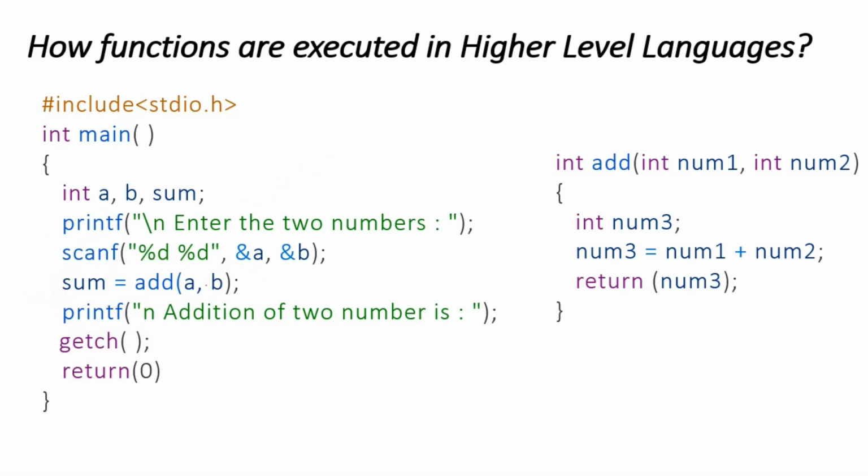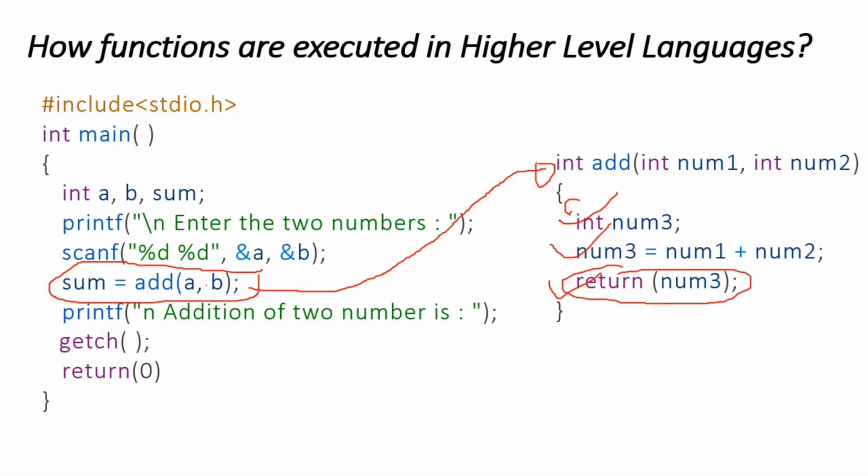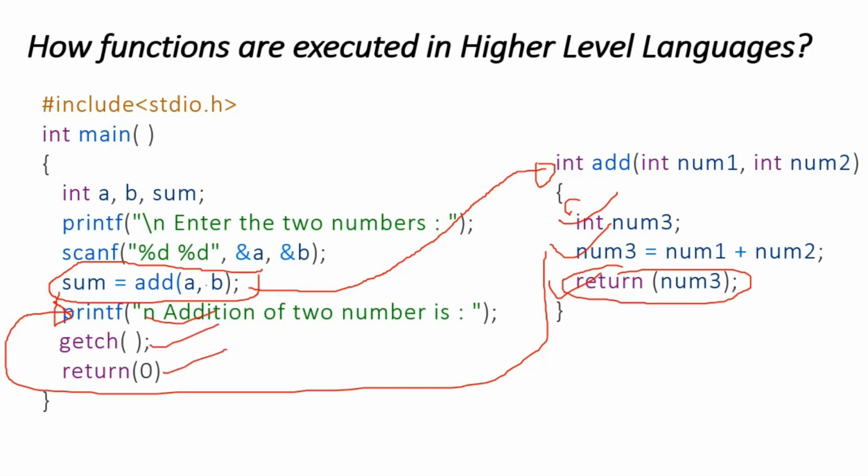Here whenever the processor comes to know that a function call has executed, the processor directly starts executing the function. It executes every statement in the function and when it encounters the return statement, the control comes back to the next statement after the function call, that is printf. So now again it goes back to the straight line sequence, and executes every instruction one by one.